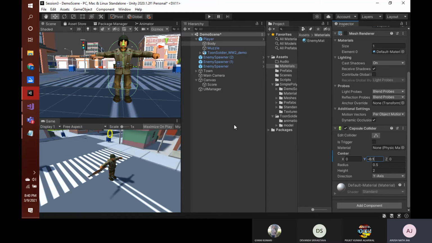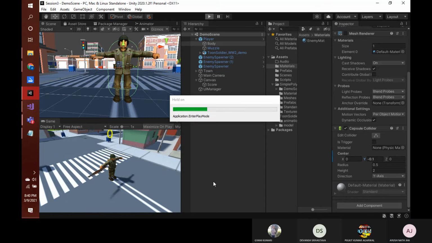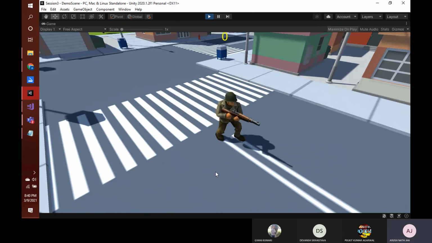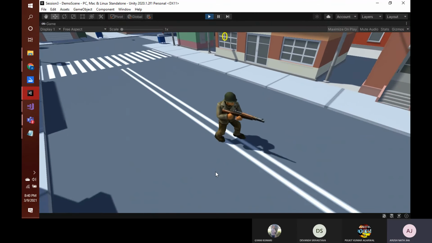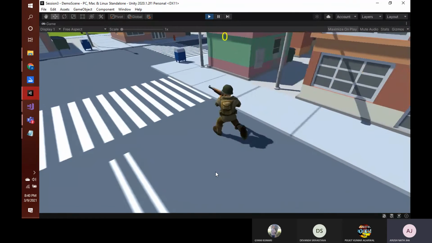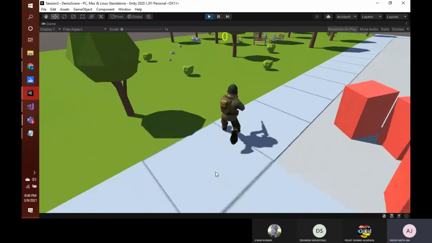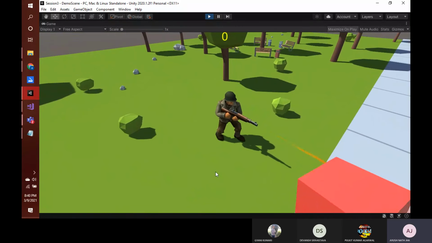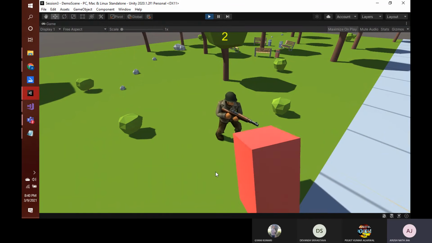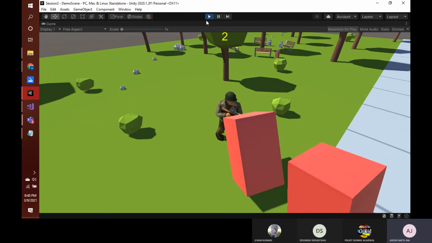Yeah, if we move it to minus 0.1 and try playing again, now the feet are on the ground properly, and it is working properly. Okay, yeah, I think it looks good.